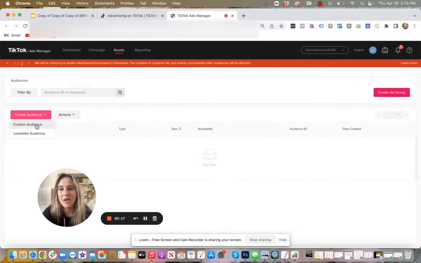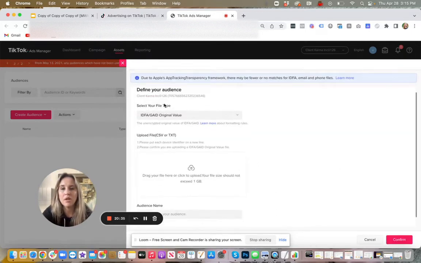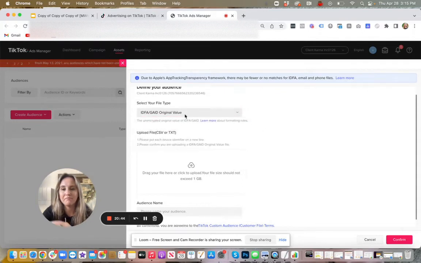If you have lots of website traffic, this could be really good for you. If you have a lot of engagement on your TikTok profile, this is great. You can use these audiences in your ads. If you're looking to upload a customer file, you need to have these IDFA, GAID, which are basically like advertising IDs for a person.